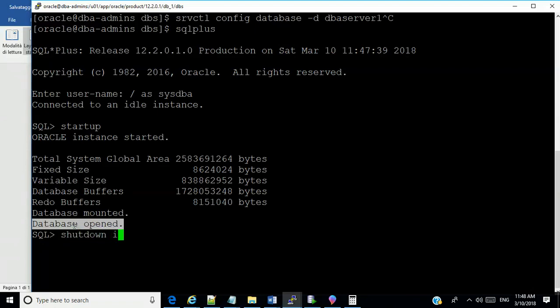Shutdown immediate. Now, the difference between a shutdown immediate and a shutdown normal is that the immediate command will terminate all connected processes automatically and roll back any transaction in progress. Normal will just wait for everybody to log off. So if you have some users logged in from another country, you might wait there forever. So never use the normal shutdown command without using immediate, okay?